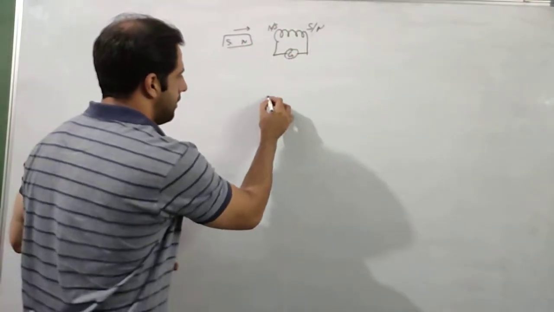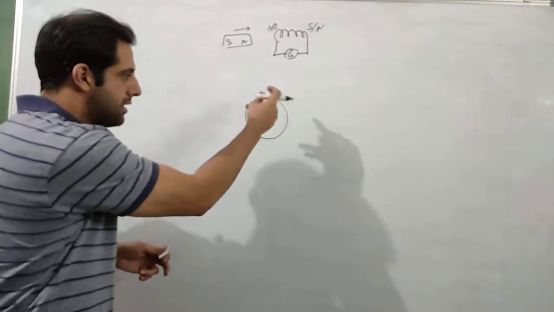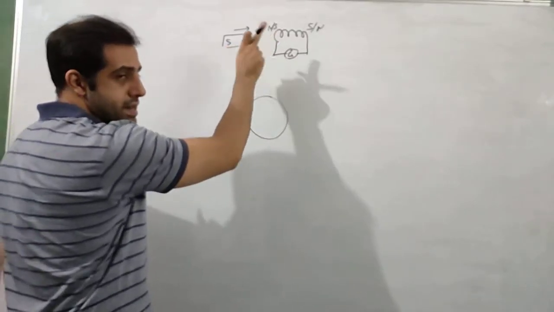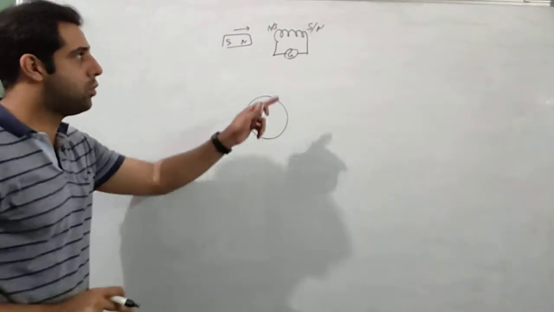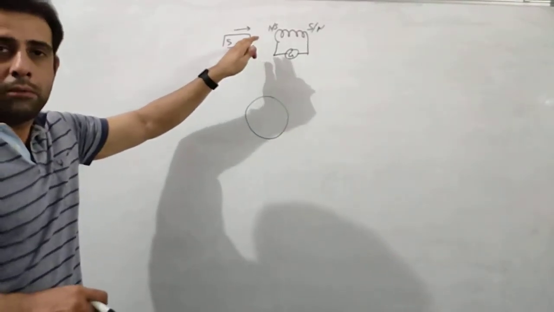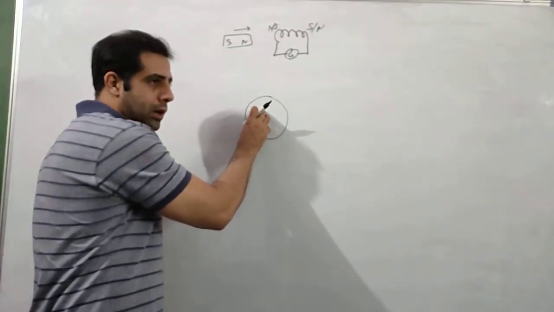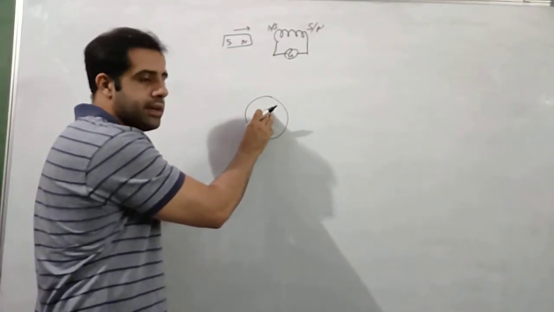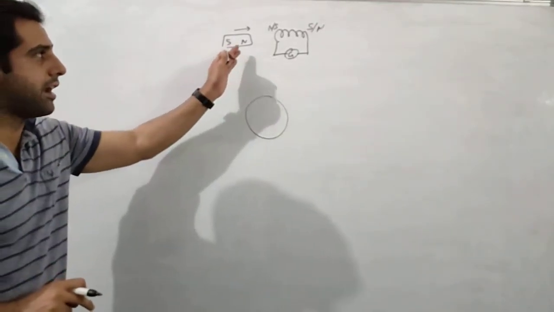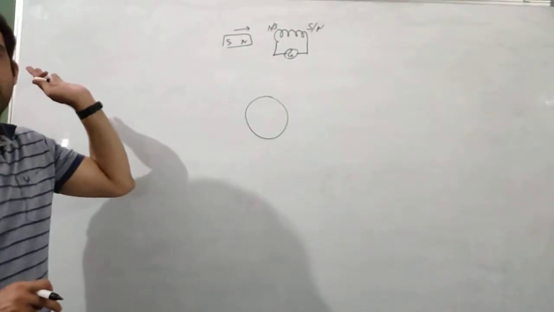So what will we see? We will see a circle. The coil will go like this inside the board, so we will see a circle. Now if north pole is brought near, according to Lenz's law, what will happen? The current will be generated in such a direction that it will oppose the motion of the magnet. That means some pole should be generated here which will oppose the motion of the magnet. The magnet is trying to come closer. The pole that will be generated here in the coil will try to push away the magnet.